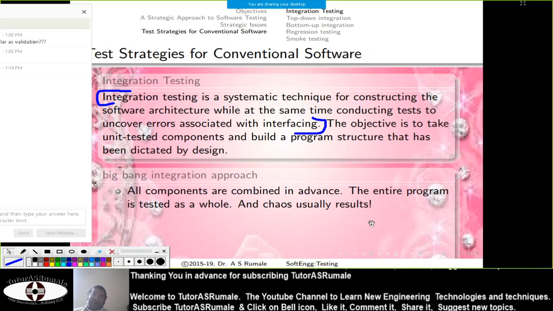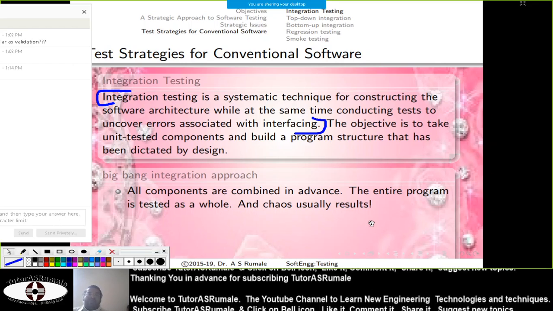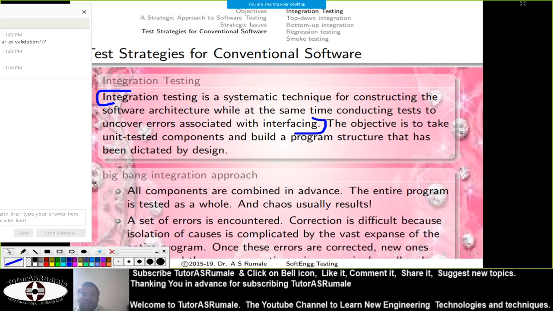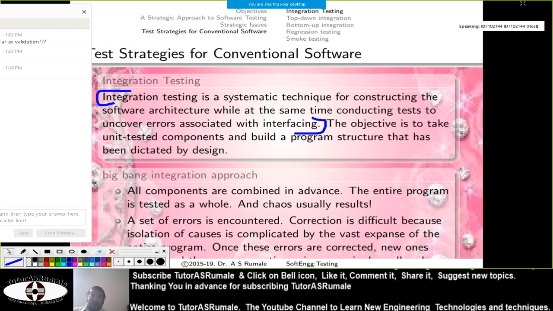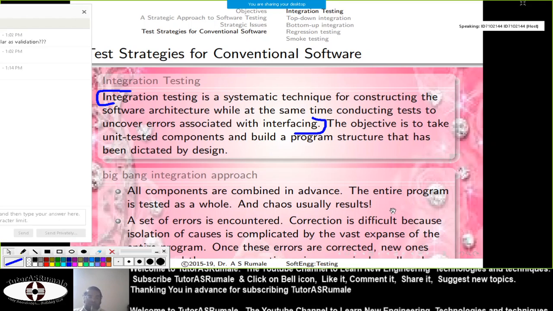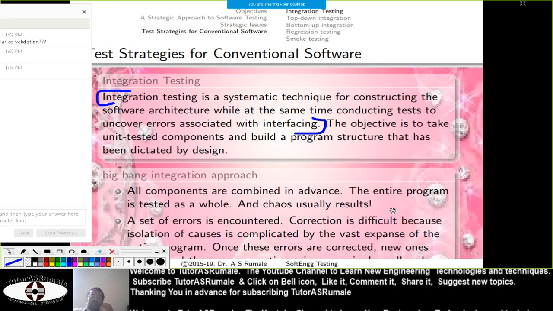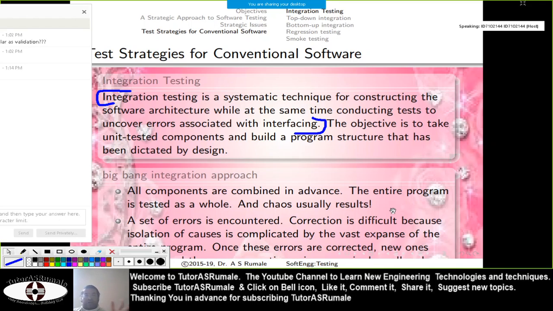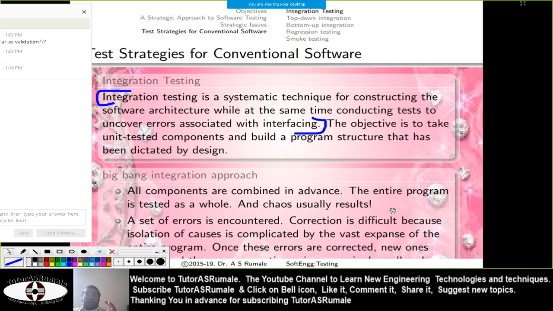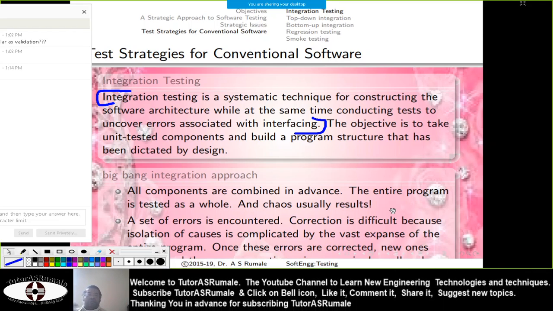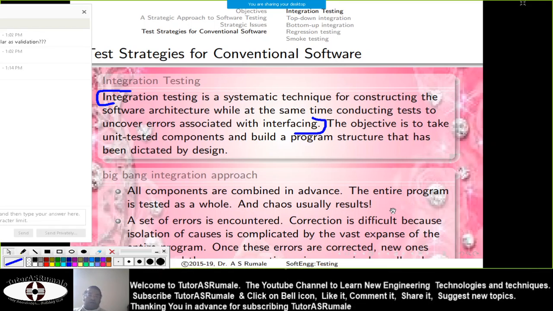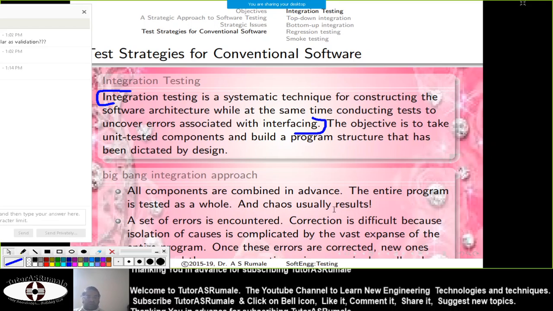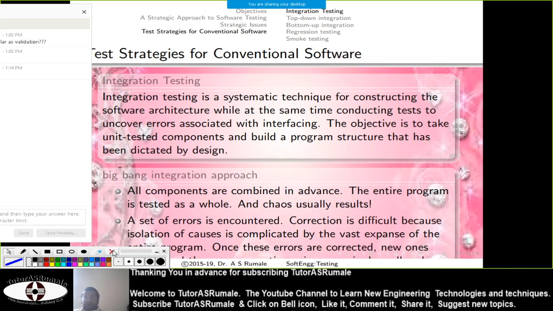So the big bang integration approach, if the system is too complex, never gives you the proper result. Avoid it. We call this the 11th hour approach. It actually means we try to delay our work, so that work accumulates, and at the end we have to do too much work just to complete small things. And that is what we call the big bang integration approach, which is not the correct approach in a software engineering scenario.